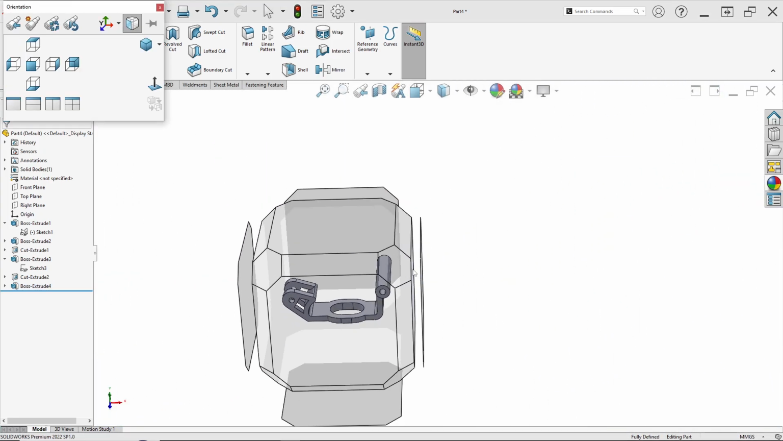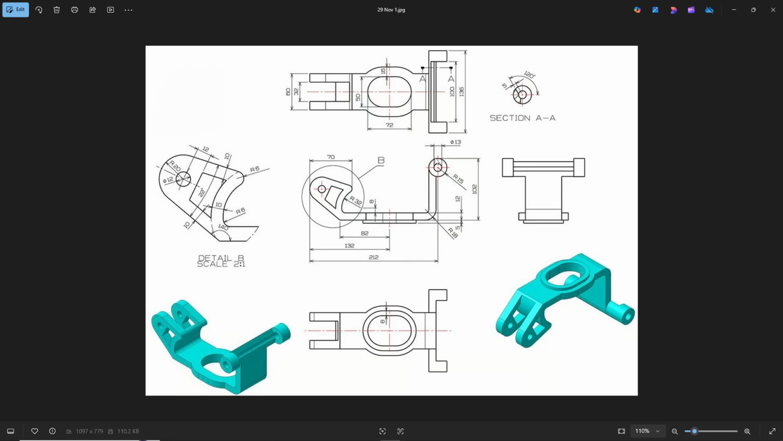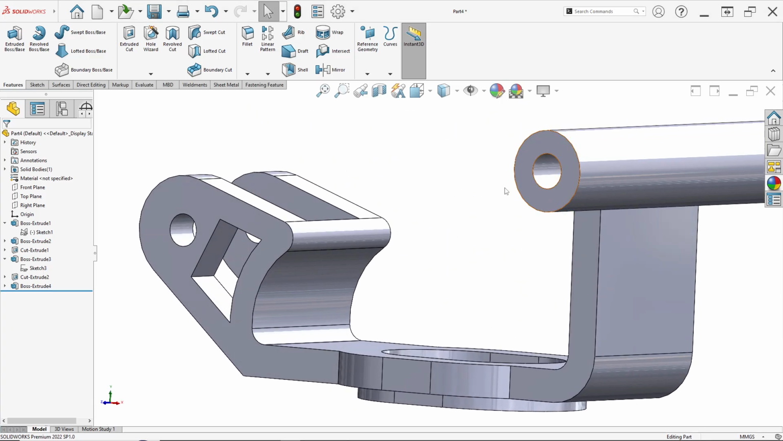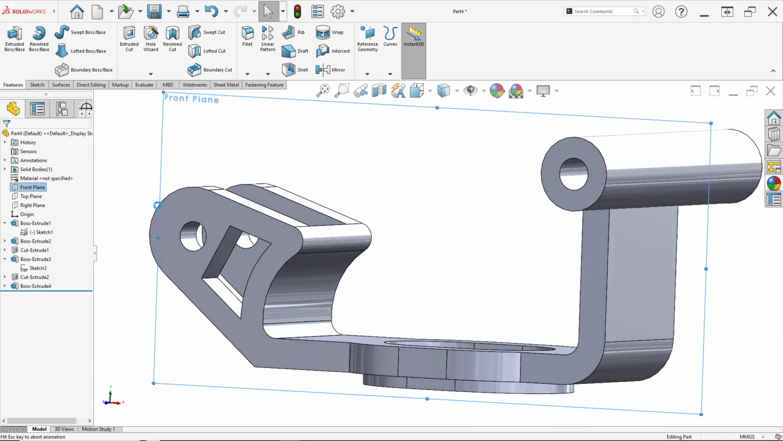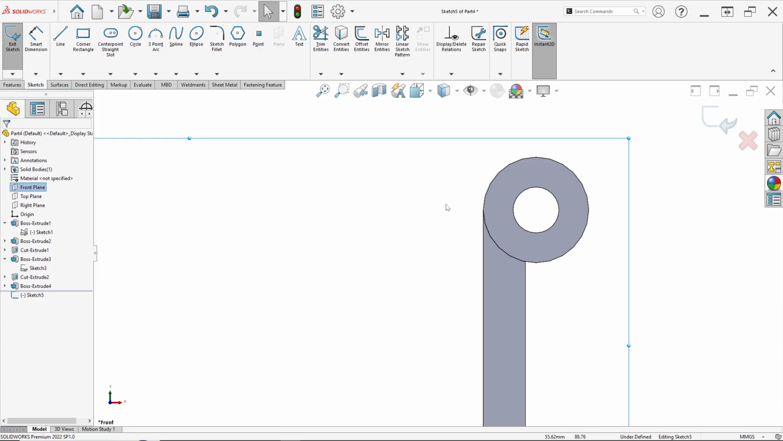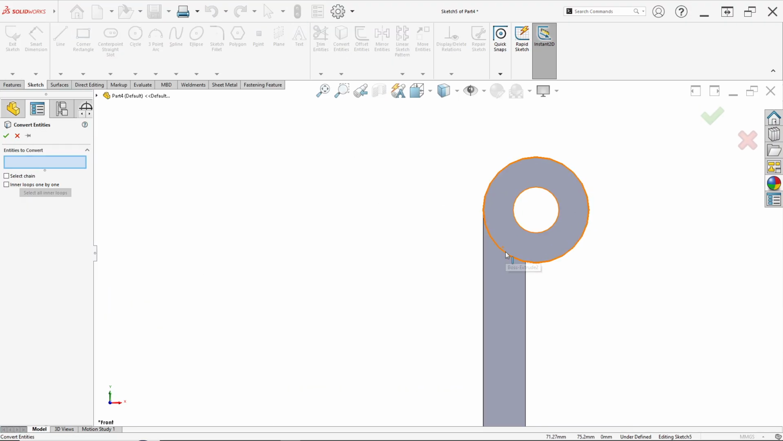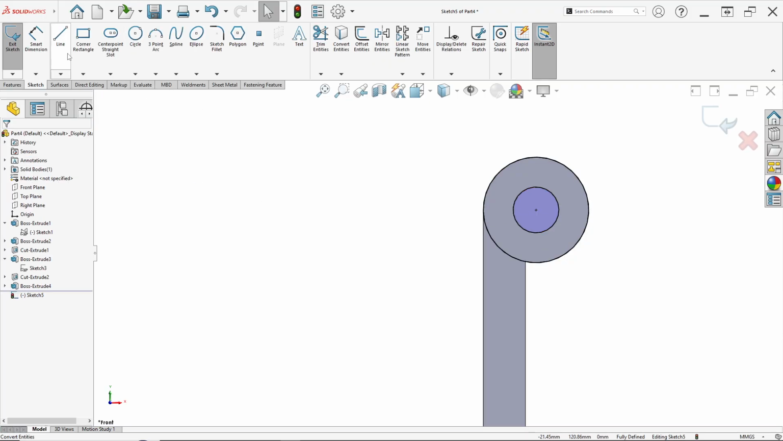And last, we can cut here. There is a cut angle in Section AA here of 120. So right click on Front Plane again and click Sketch. Now we can Convert Entities for this edge and this edge. Click OK and draw a line